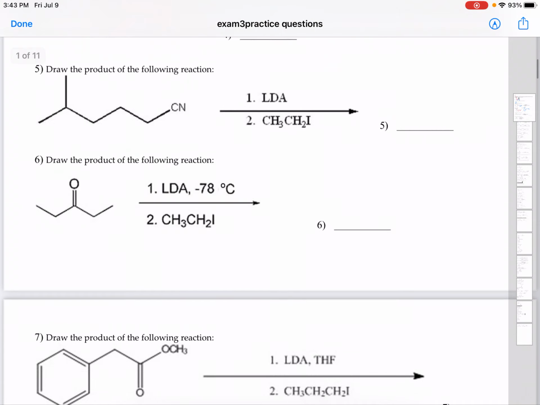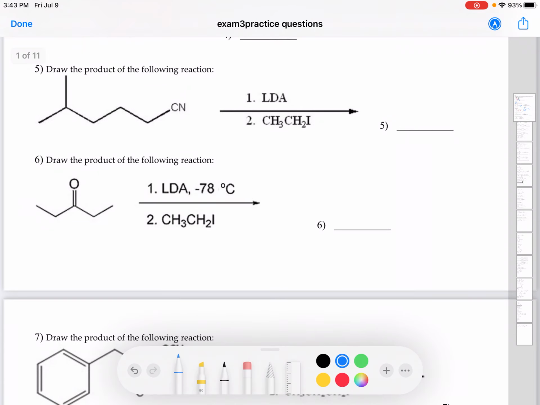The next one, draw the product of the following reaction. LDA, lithium diisopropyl amide. Again, the cyano group, you can consider that as a carbonyl group, right? Because carbon and nitrogen act as a carbonyl group, C triple bonded to N, similar to C double bonded to oxygen. So there are 2 hydrogens here that makes it acidic. Because once one of the hydrogens is lost, the carbanion can be resonance stabilized through the nitrile,